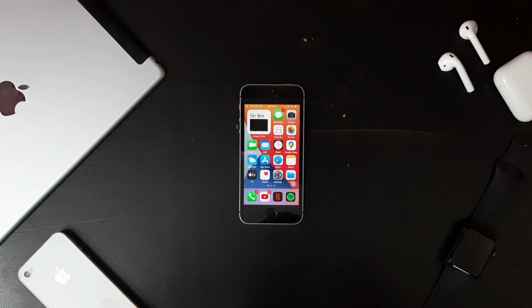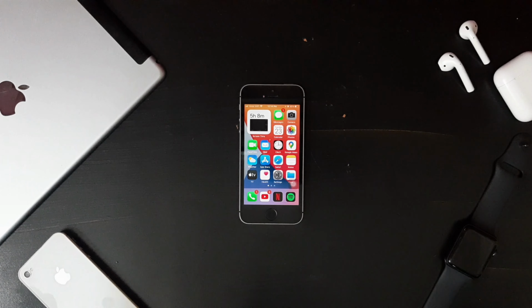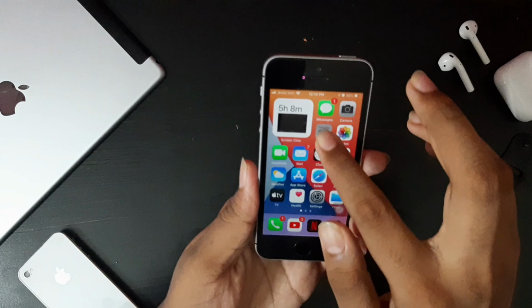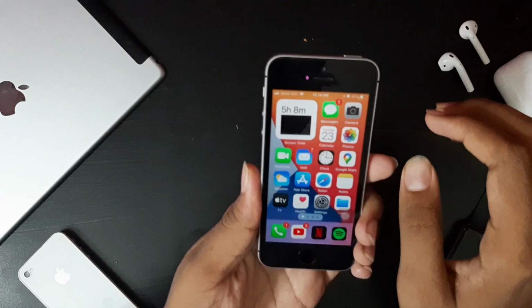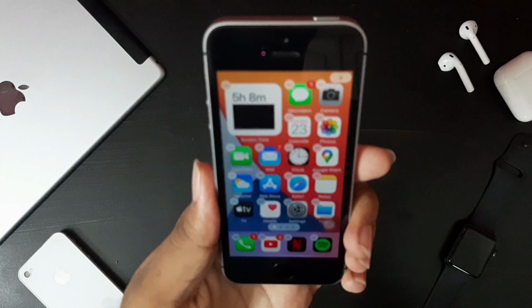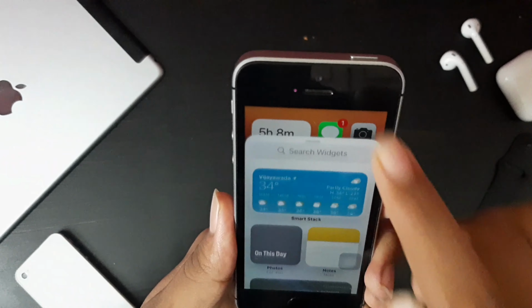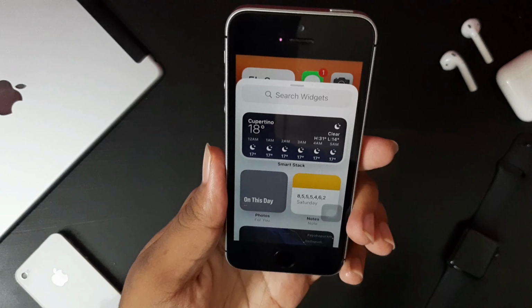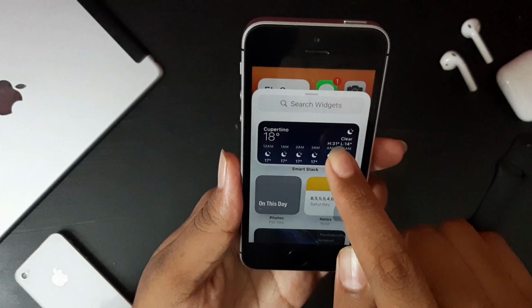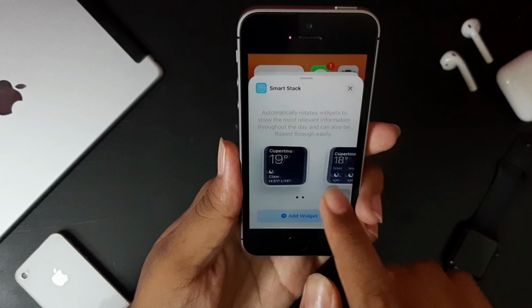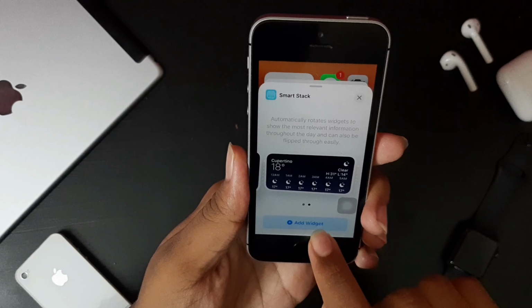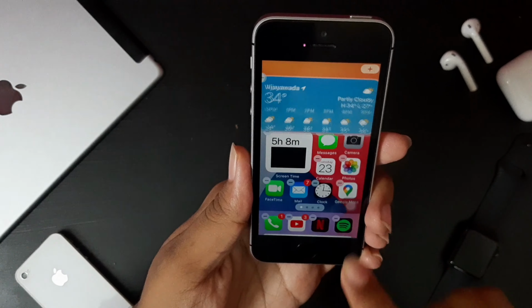We know that Android has had widgets on the home screen for many years, since 2014. Apple blows off Android in 2020 with its widget section. If you tap and hold on any app, you can see a plus icon over here. If you click that, there are so many widgets which you can add to the home screen and make it more organized. If I click on the weather app, I can choose between the sizes of the widgets, whether I need a small one or a big one. I will now add a big one to the home screen, add widget.